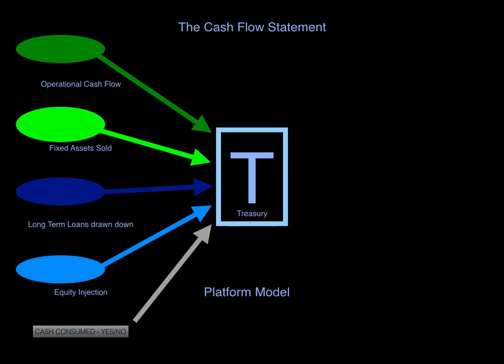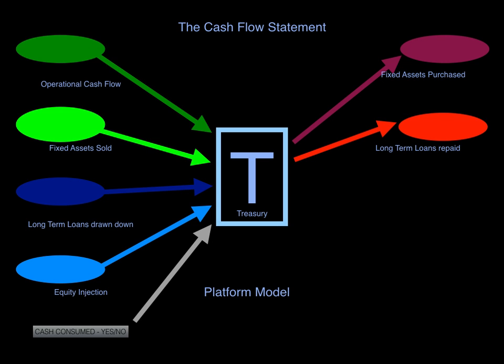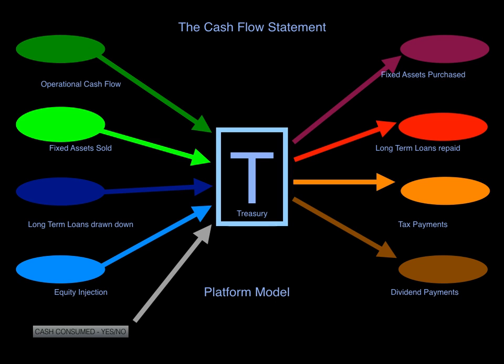Then the treasury pays out, firstly for fixed assets purchased, then to repay long-term loans, to make tax payments, to make dividend payments, and finally, when there is a surplus, to pay money back into the bank. Let's move on to models more representative of corporate life. In this graphic, the optimal cash flow generated model,